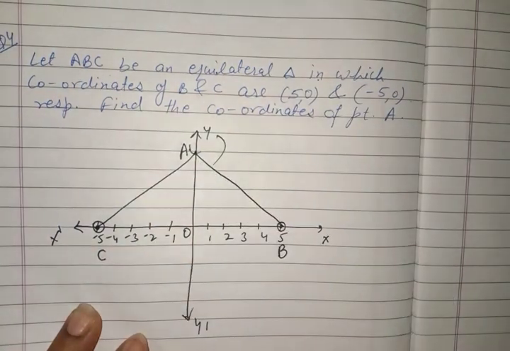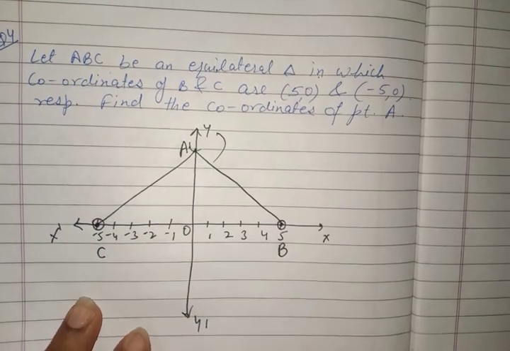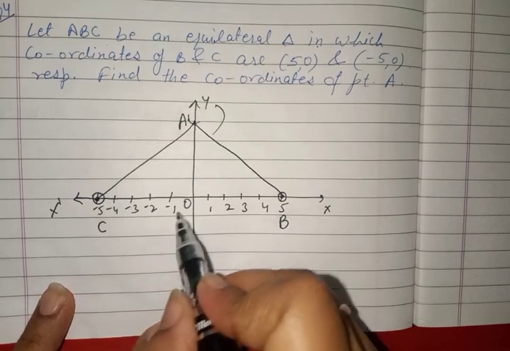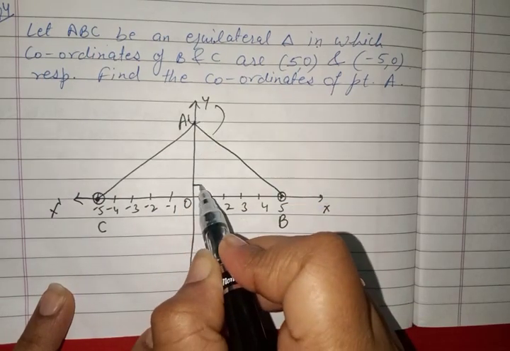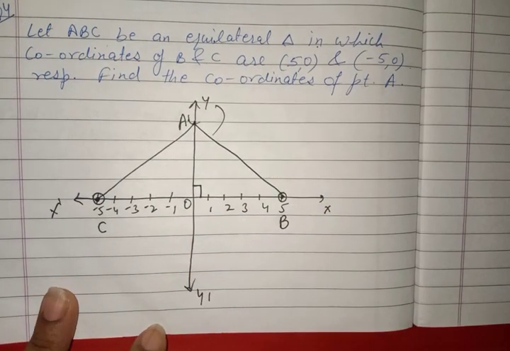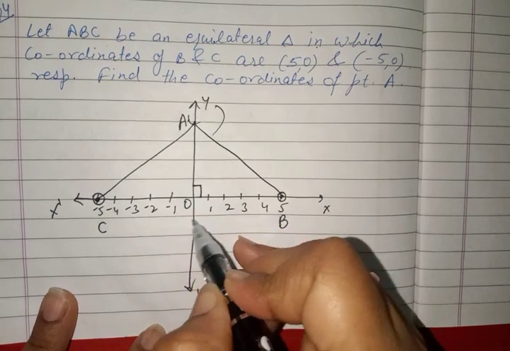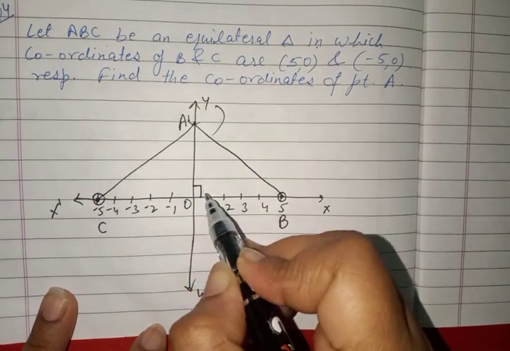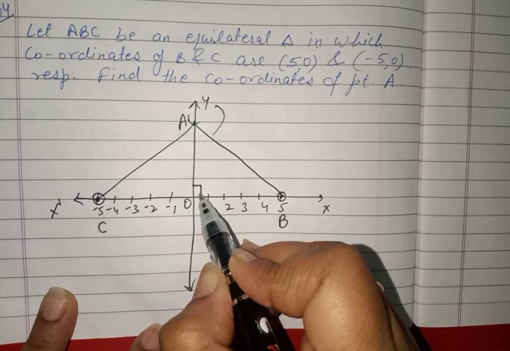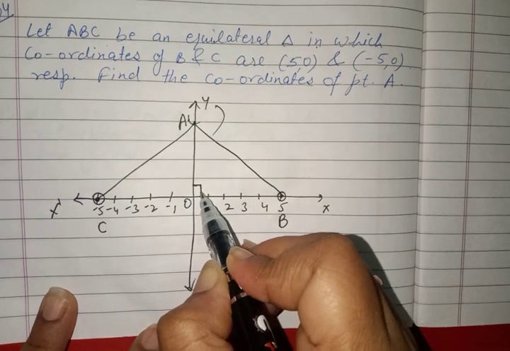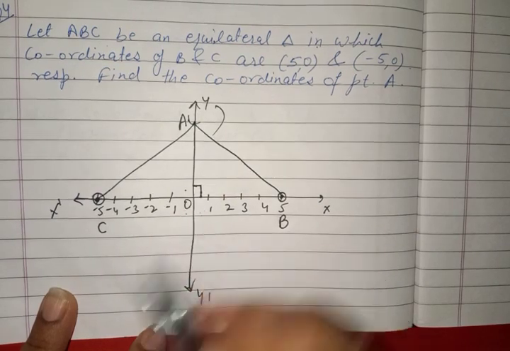How can we find the coordinates of this A point? As you know that this is 90 degree because of the quadrants, this whole angle is 360 degree, and if it is divided into 4 equal parts, then 360 by 4 is 90. So the angle of this is 90, this is 90, this is 90, this is 90.